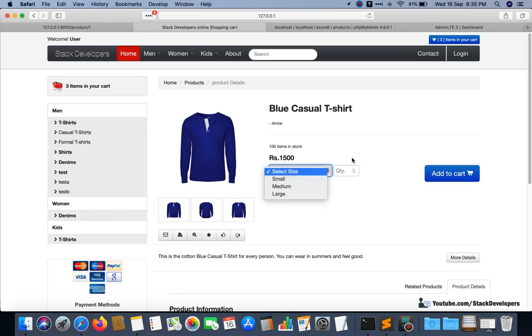Okay, so in the next video we are going to show the product images dynamically as well. And also we will work on changing the price on the selection of size with Ajax. If we select small, then the small price will come. If we select medium, then the medium price will come. Okay, so once again we are going to work in Ajax, so that we can display dynamically whatever option the customer selects. Okay, so that thing we are going to do in the next video.